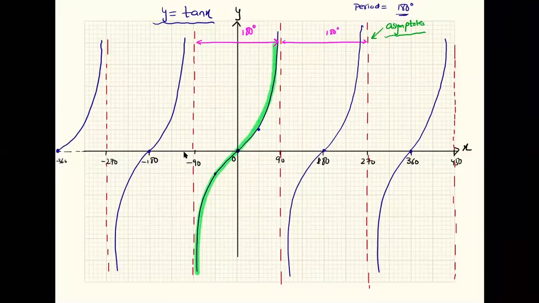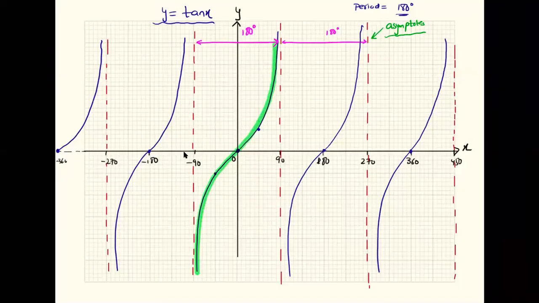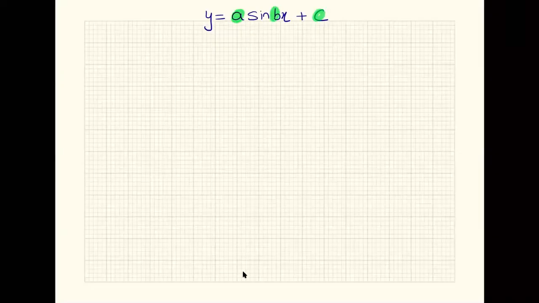All right. Now the next task is going to look at some variations about these trigonometric ratios. Let's do the sine graph first. So now I'm going to write the general equation of a trigonometric function, y = a sin(bx) + c, where a, b, and c are the values that are responsible for the transformation of the graph.